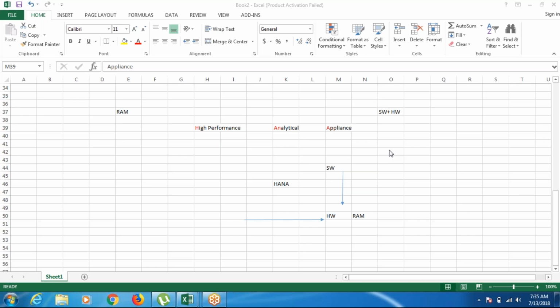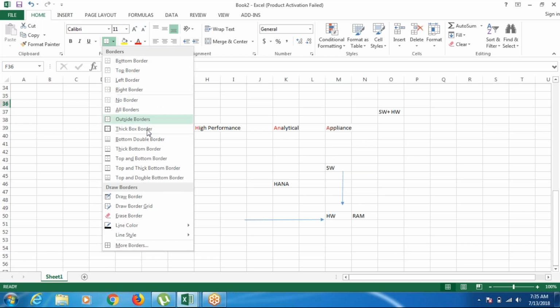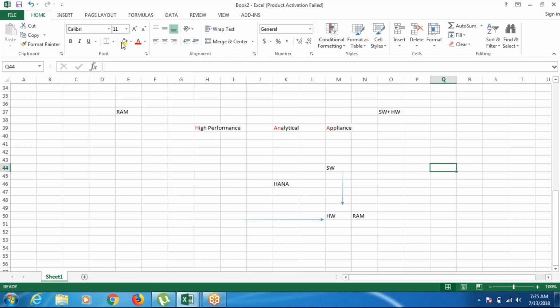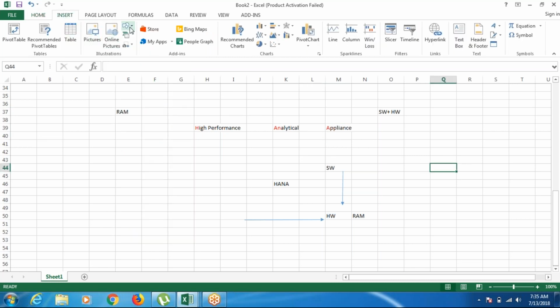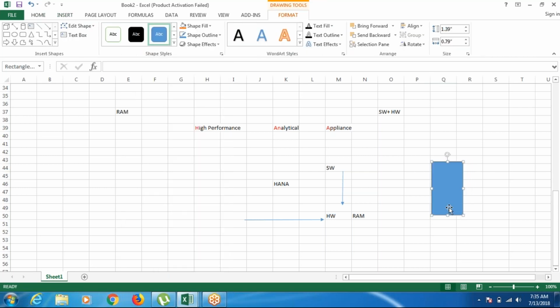If I want to install HANA in my office premises, then first of all, I need to get appropriate hardware from IBM, and in that system only, I can start installing HANA. So it goes something like this. We are going to finalize the size of the RAM by doing data sizing. And once we have